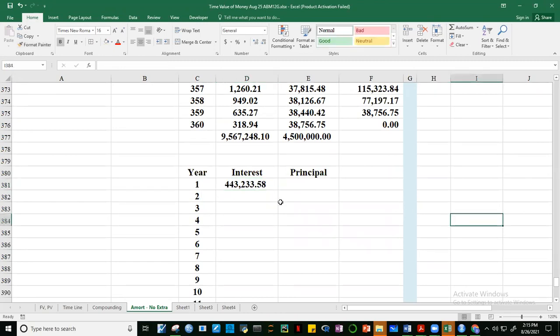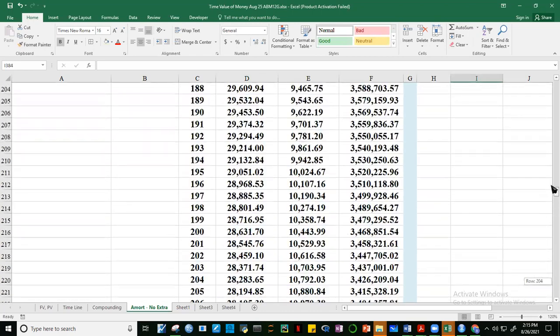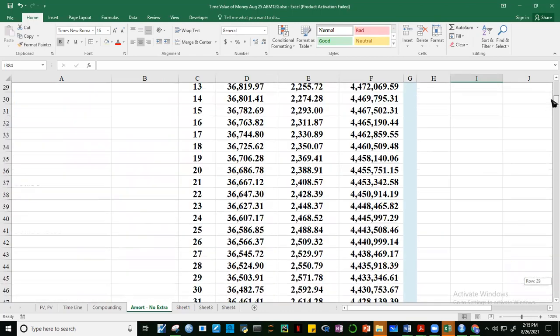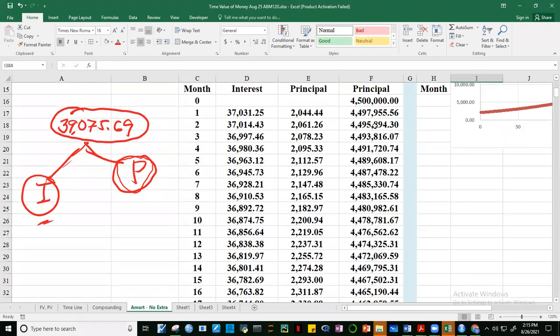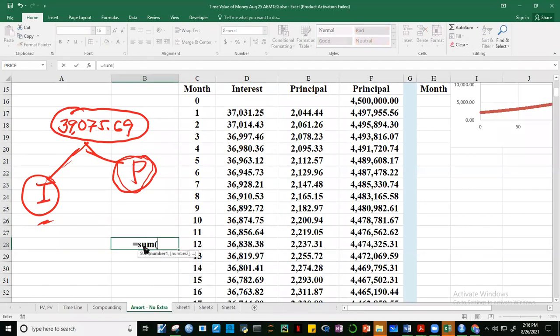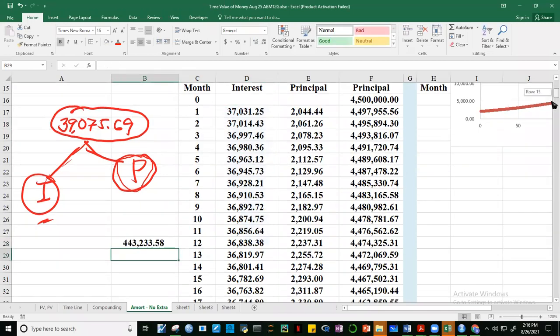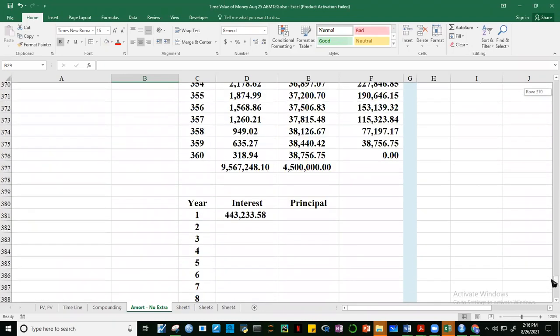Yan. So ang sinasabi sa atin dito, guys, ang total interest na binayaran natin for year 1 is 443,258, no? Ano nga natin, guys? I-check nga natin kung tama. Okay, so this is month 1 up to month 12, di ba? So ito. How much is this? Yan natin is equal to sum. So interest natin from months 1 up to month 12. How much is that? 443233.58. Okay, so is it the same as this one? Yes,